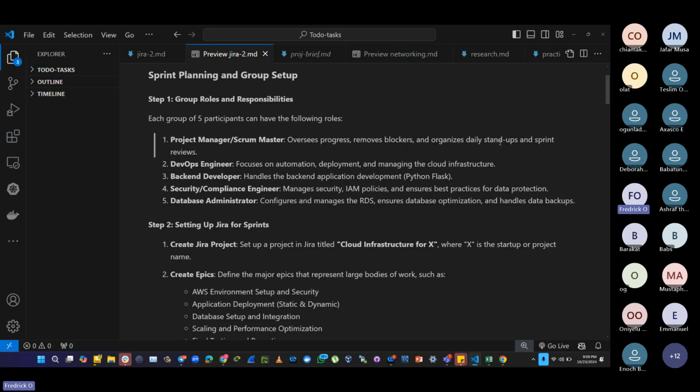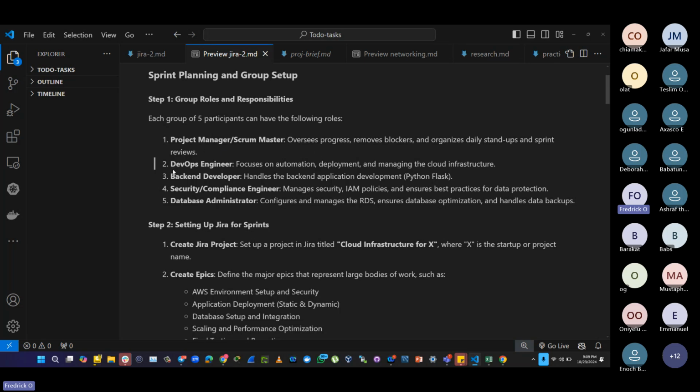I'm thinking, I don't know if 1 week will be too small or too much. But this is so that it doesn't linger. It's not a huge task. So that's why we said 1 week. We expect that you guys will be having a daily stand-up so that you can measure your progress and know what has been done and what has not been done. More like a sprint review. Do you understand? The project manager will be doing that based on your stand-up.